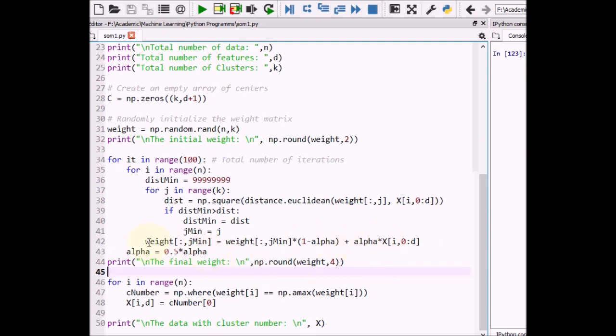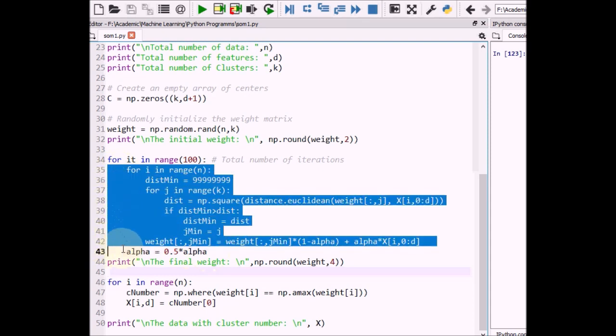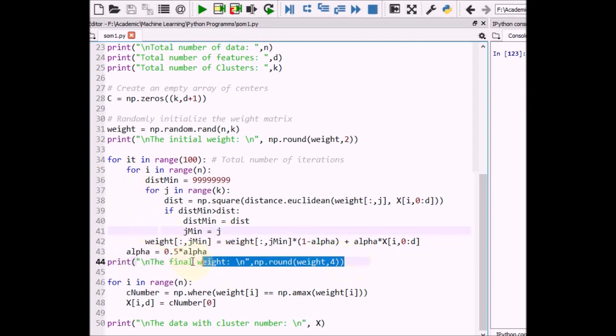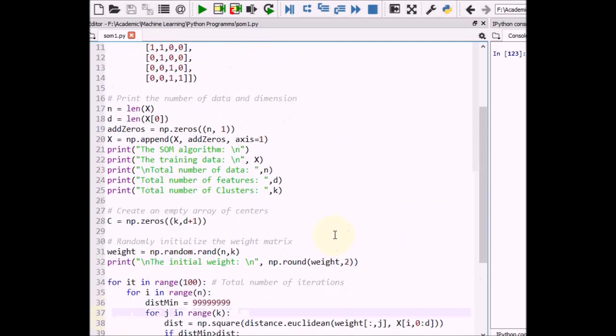We iterate the whole process for all the data and update the weights, and after that iteration we update the alpha value. Here we print the final weight matrix, and in this way we can use this particular line to identify the cluster numbers.